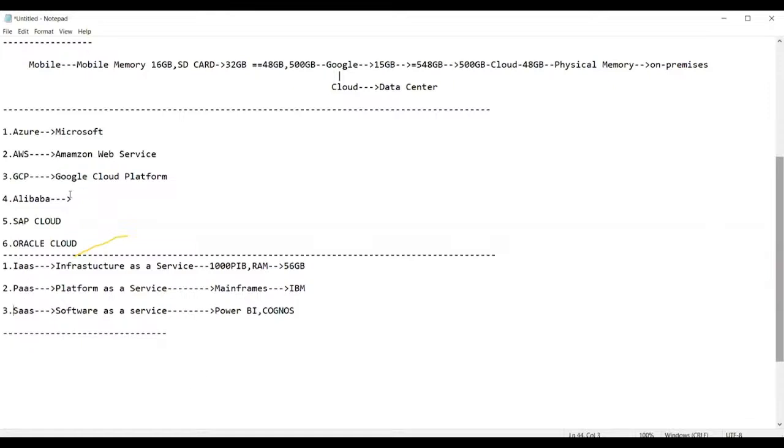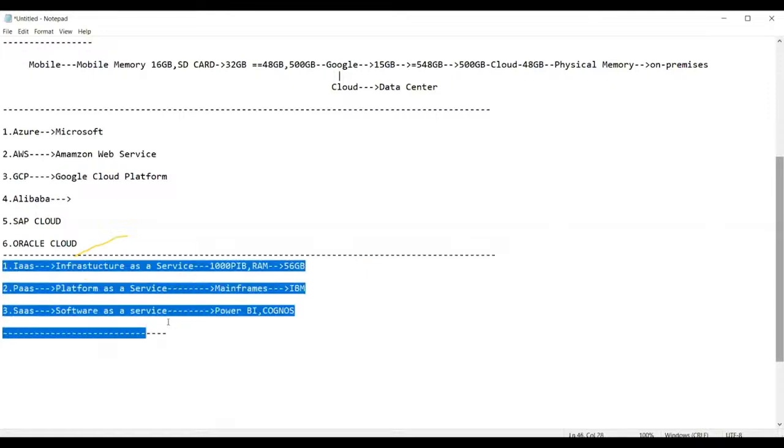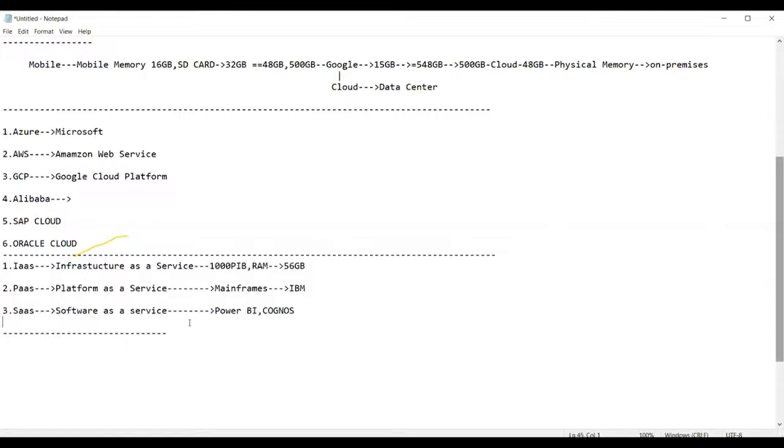The cloud providers have divided their service based on these three categories, and based on these three categories only they are going to bill you. It is as simple as this, guys. Take the OTT platforms, Amazon Prime, Netflix, etc. You will enter your mobile number and a password.